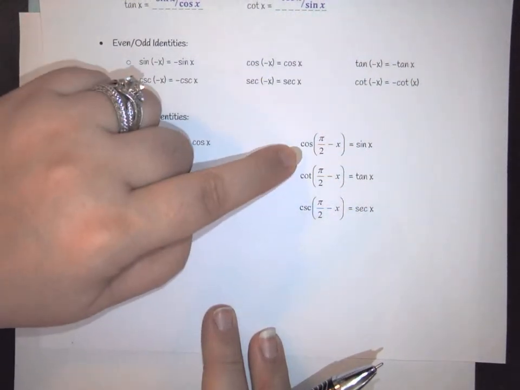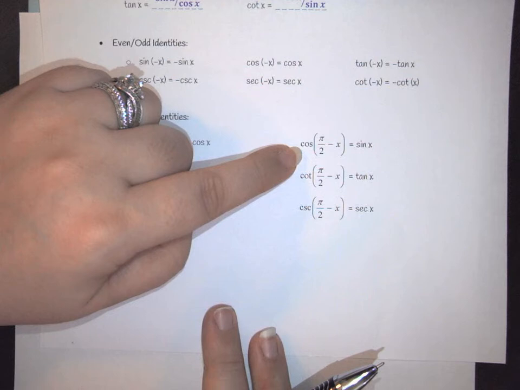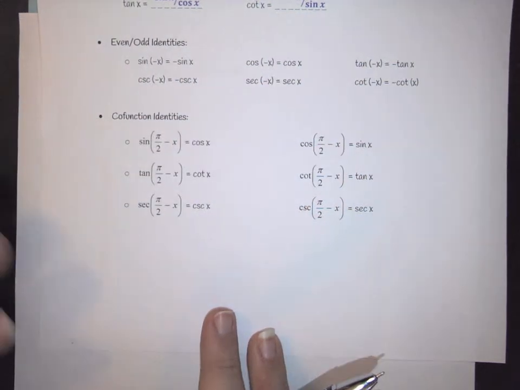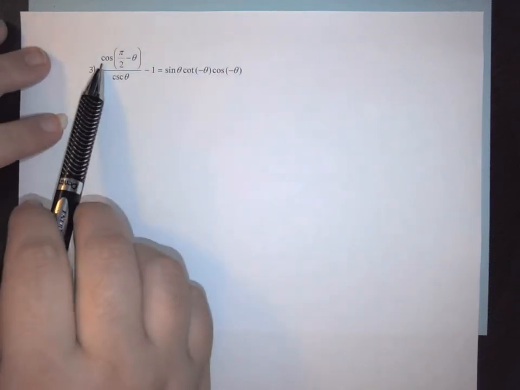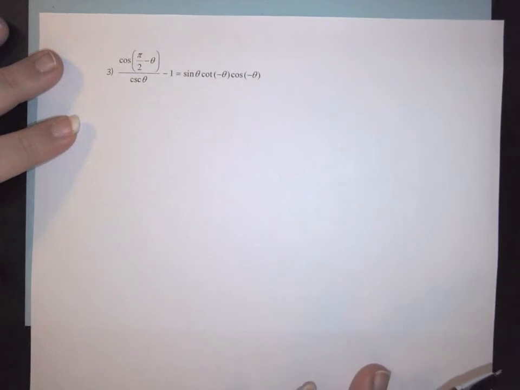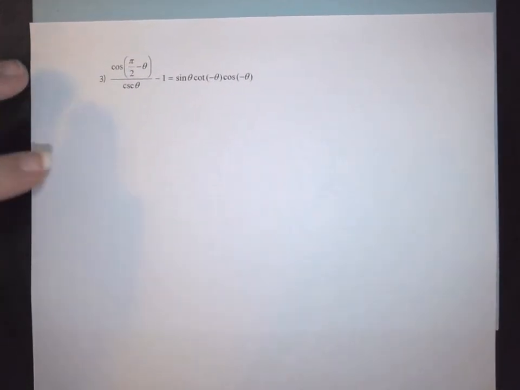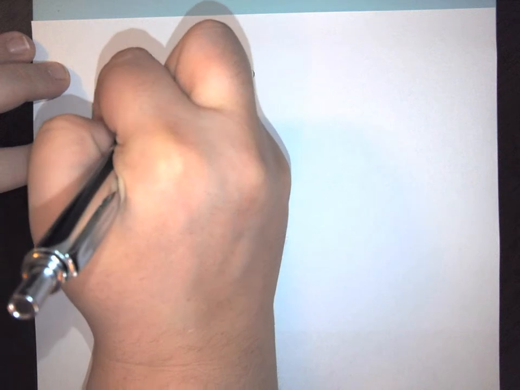So here I've got cosine of pi over 2 minus x gives me the sine of x. So when I'm talking about this example here, I have the cosine of pi over 2 minus theta. So that's going to be the same idea. So automatically this is going to become the sine of theta